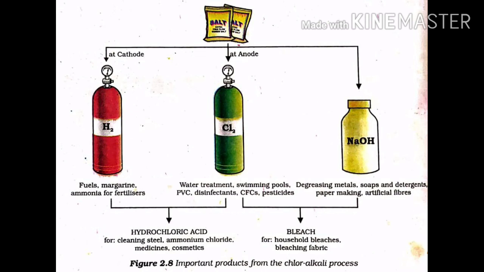Sodium hydroxide is used as a degreasing agent for metals, that is in cleaning metals. Hydrogen combines with chlorine and gives hydrochloric acid, that is used for cleaning steel and for preparation of ammonium chloride and in medicines and cosmetics. Chlorine combines with sodium hydroxide and forms bleach, that is used for household bleaches and bleaching fabric. It is used in